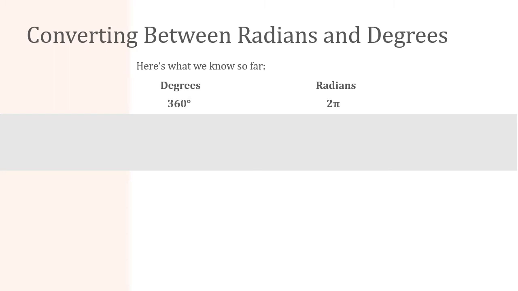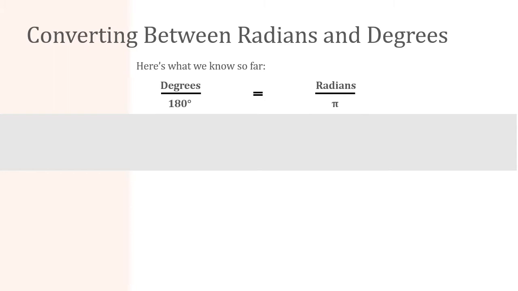And we know that 360 degrees makes up a complete circle, which is equivalent to, in radians, 2 pi radians. If we reduce those and talk only about half of the circle, then 180 degrees represents the same space as pi radians. Setting up a proportion where we have in the numerator a partial number of degrees,